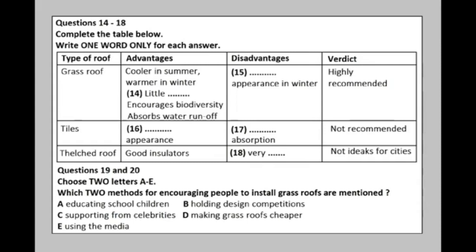At a grassroots level, the best way to raise the profile of grass roofs is to make them trendy by highlighting them in fashionable magazines, so that people begin to feel that they cannot do without them. But the idea I like best is holding competitions for the best designed grass roofs. Next week, Eco Hotspot is going to look at...